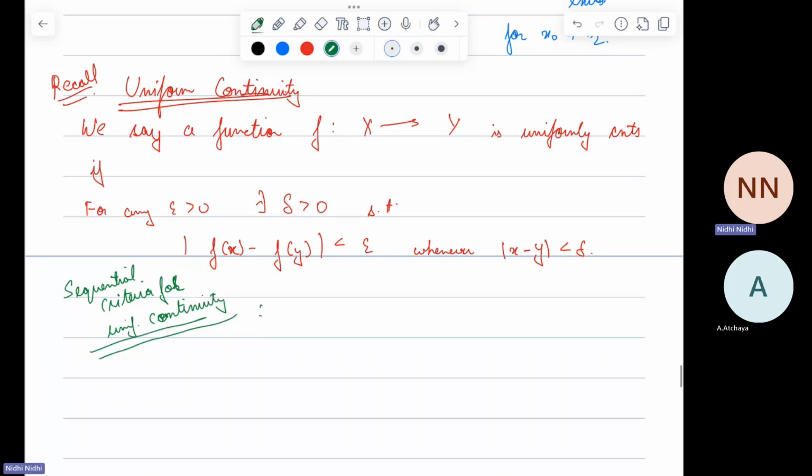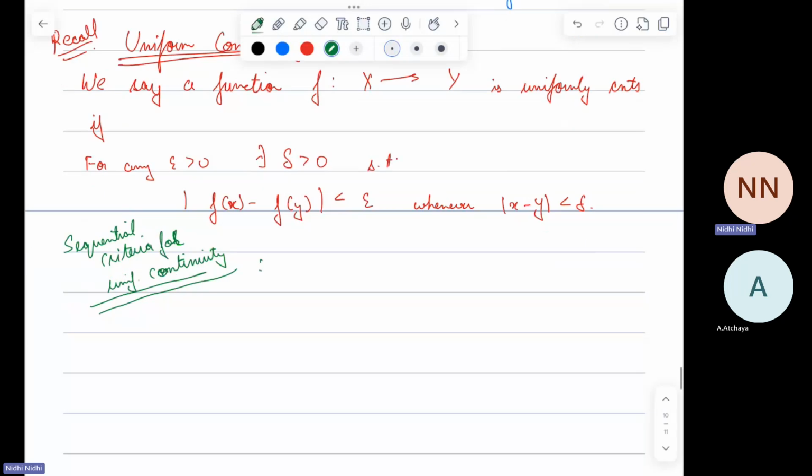It says that if xn and yn are two sequences such that the sequence xn minus yn is converging to 0, then